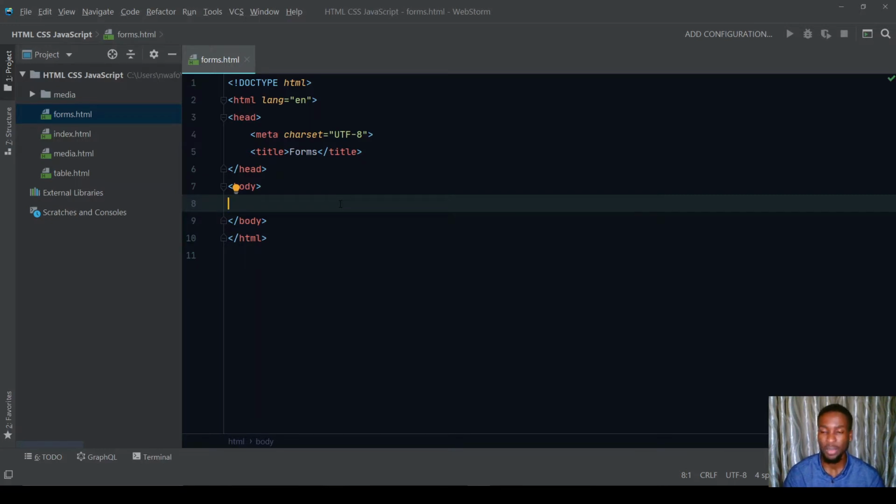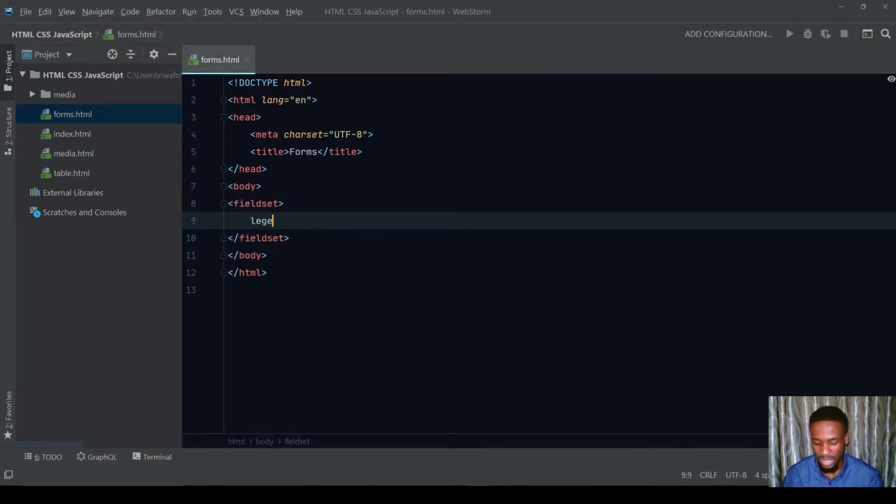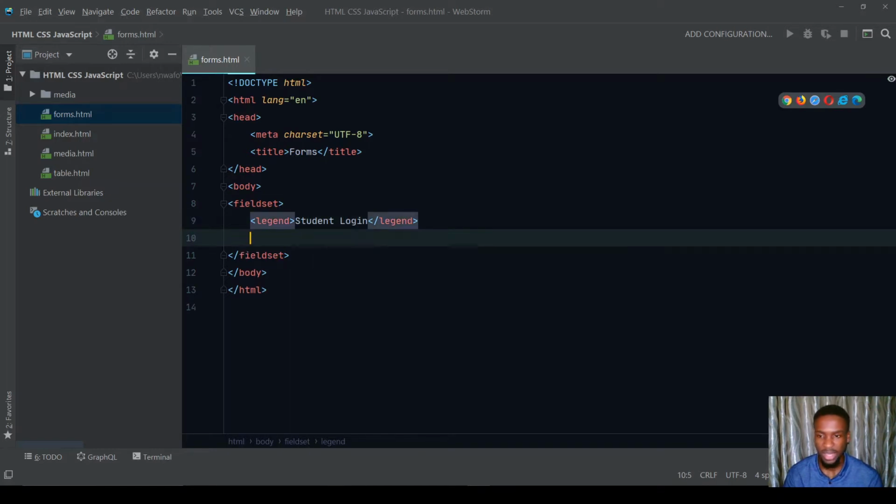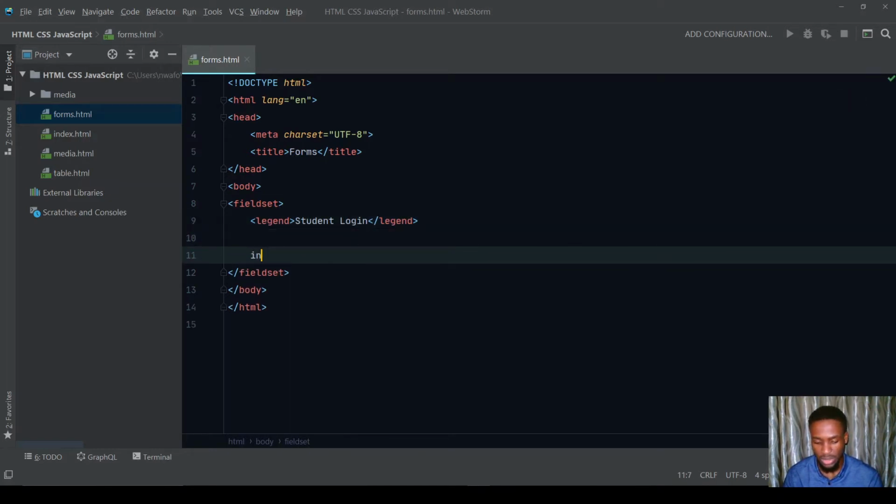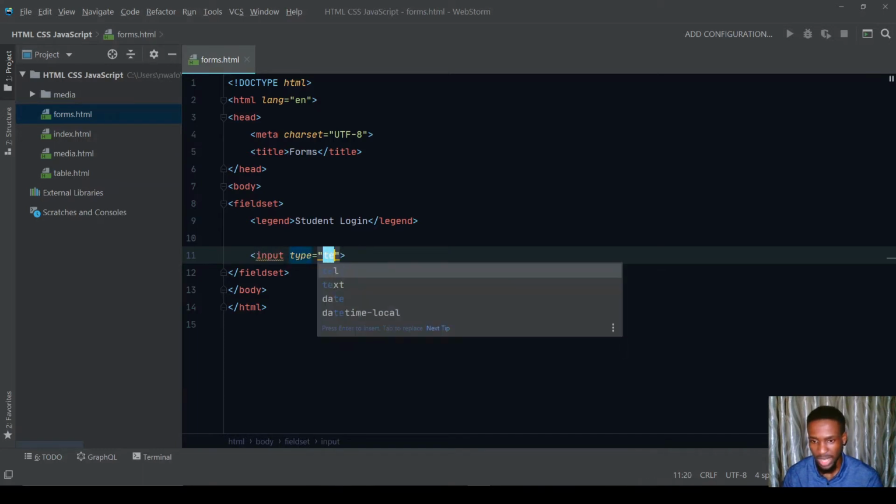So let's go. I'm going to write down the code and I'm going to explain it. The first thing I'm going to write is fieldset. Okay, so I just corrected that. We have fieldset, and here we have legend. So we have legend, and I'm going to say student login, with a small t. Student login, and here I would say input. Input is of type text,